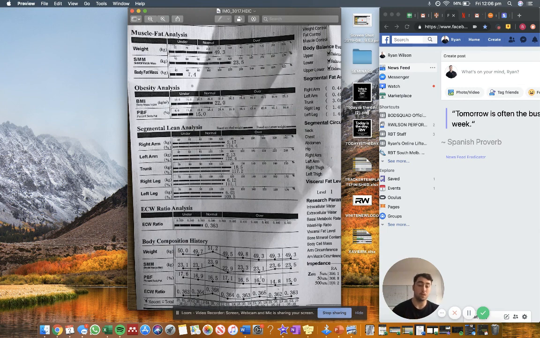So that's a really common way that people get unmotivated with their training because they start to diet, they start to eat really well, eat at a deficit, and they see their muscle mass go down and their body fat go up, and they go, what am I doing wrong? So when I look at this as a coach, what I'm looking for is their body weight to also decrease, because if your body weight is to decrease, your muscle mass is to decrease and your body fat percentage is to increase,